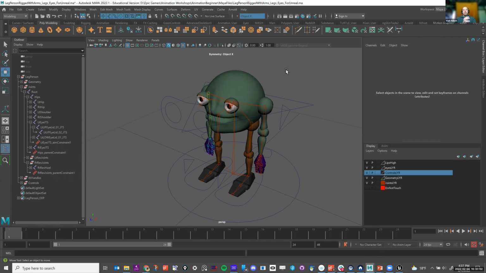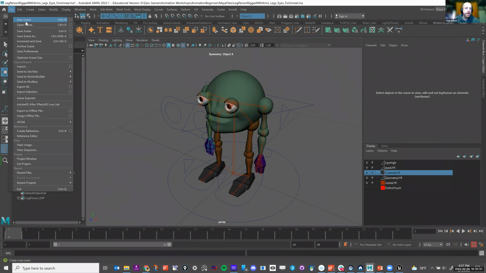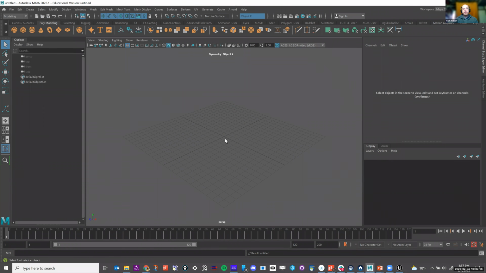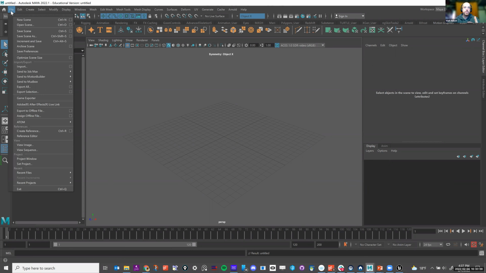Okay. So we'll start getting into setting up. How do you set up your film or get it going? The way that I found is a good practice is to start out with a new scene, and I'm not going to save that. If you start out with a new scene, in film you generally want to reference your characters into a scene. That's just best practices.